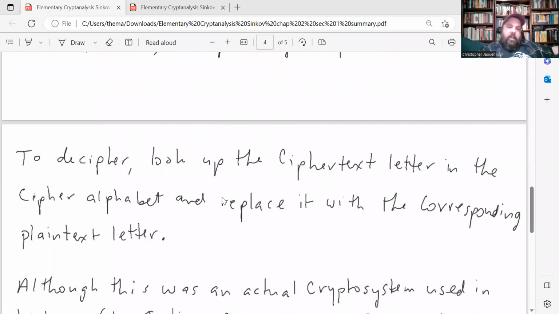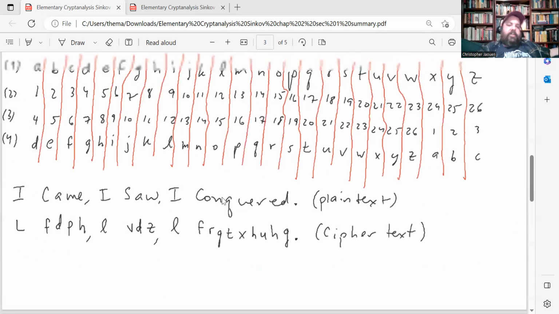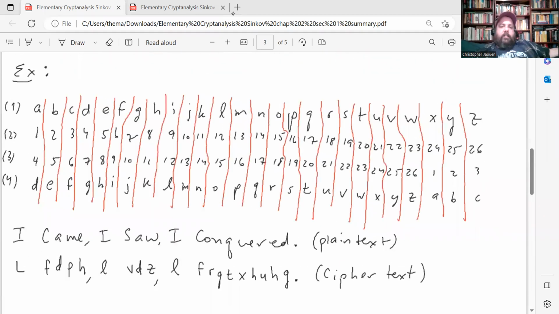All right, so if you want to decipher a ciphertext written in the Caesar cipher, you look up the ciphertext letter in the cipher alphabet and replace it with the corresponding plain text letter. So just so you can see what I mean, say you got the ciphertext that we have down here in the mail, if you want to figure out what